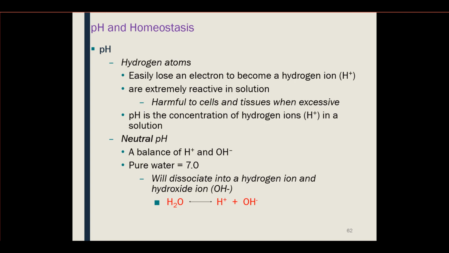One of the things about hydrogen is that it easily loses that electron. When it loses that electron, it becomes positively charged, and we call that a hydrogen ion. So this is the first time we're really seeing and working with hydrogen ions. One of the things about them is they are extremely reactive when in solution. If they become excessive, right? If there are too many of them inside the cell or in a tissue, they actually can become harmful to that cell